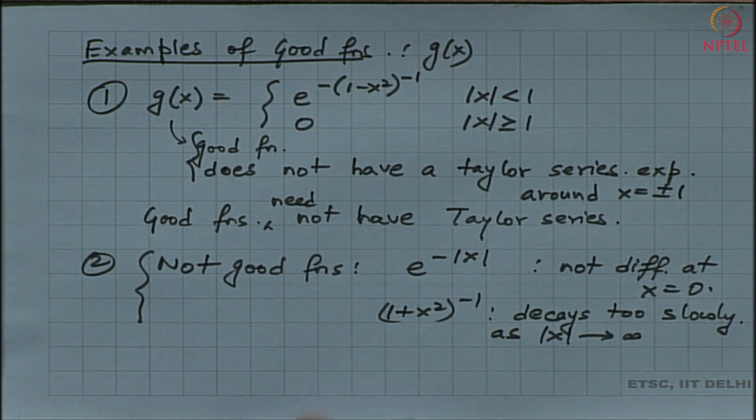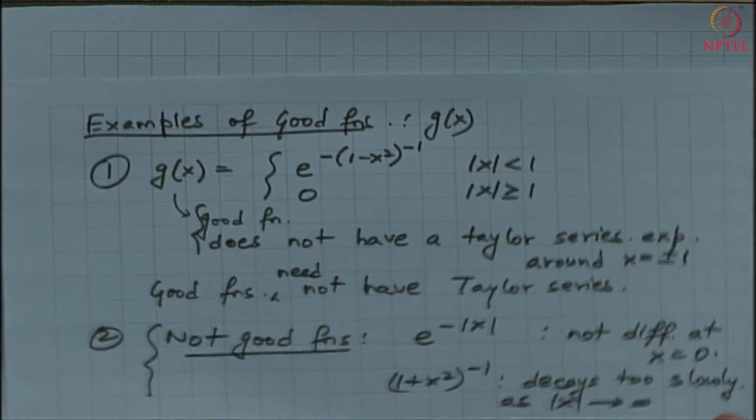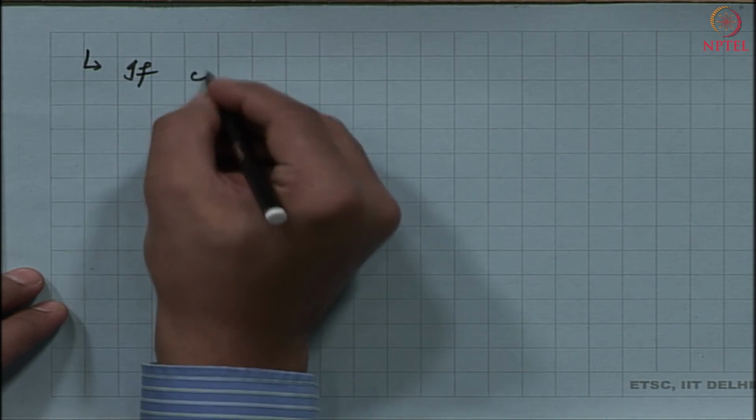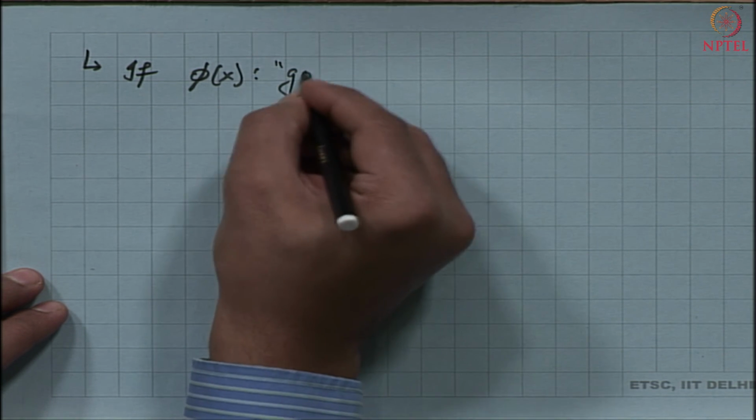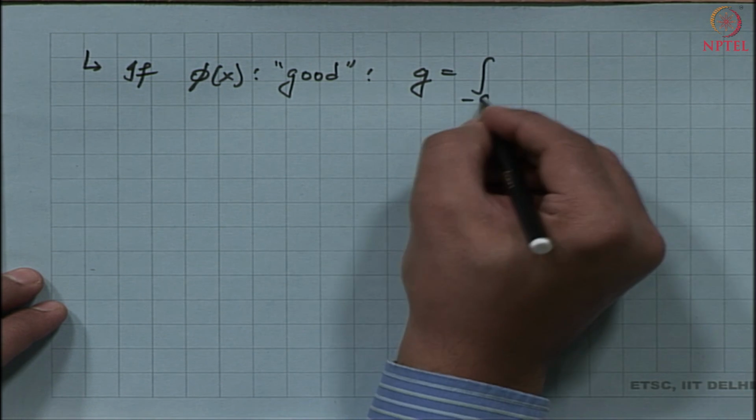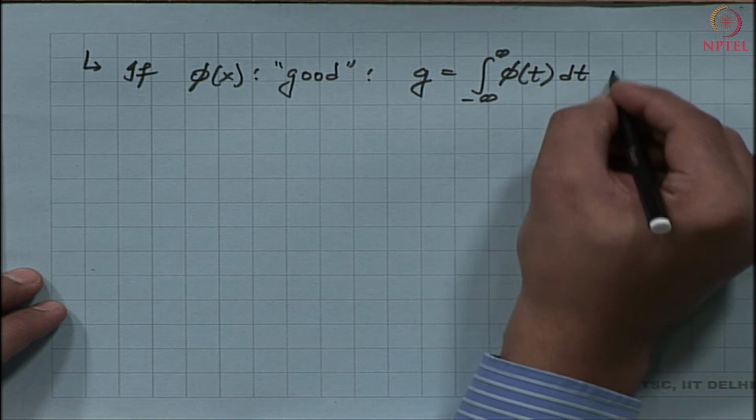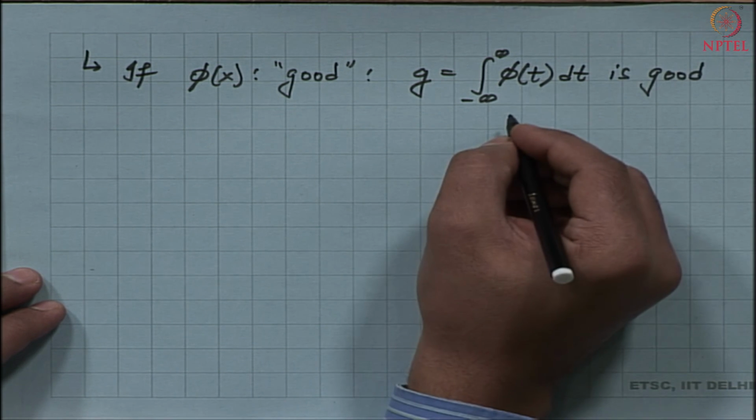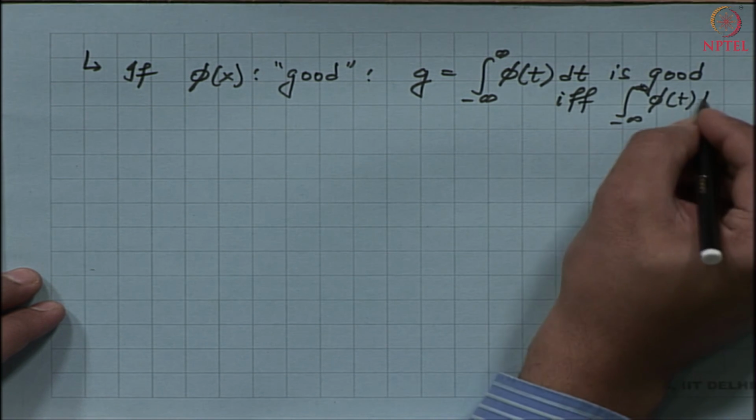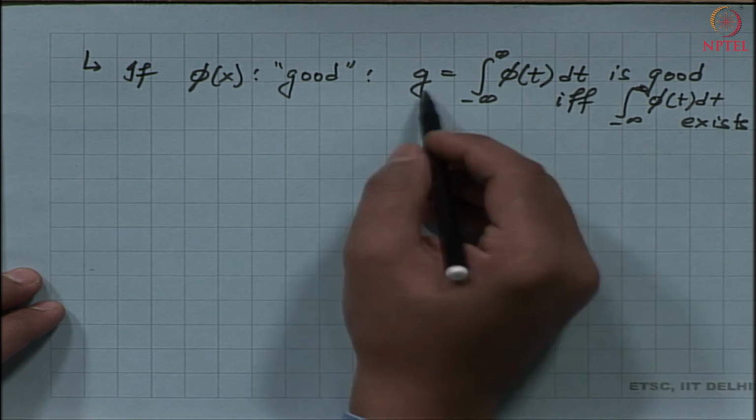Okay. So, at least we know what are good functions and which functions are not good functions. Okay. So, then one of the properties is if I have a good function, then the function g which is defined as the integral of the good function is also a good function if and only if this integral of this good function exists, right. So, if you can evaluate the integral, this is finite,